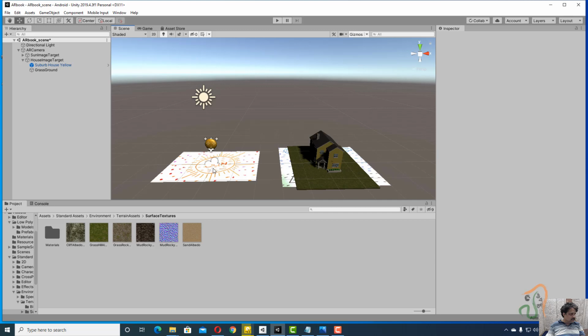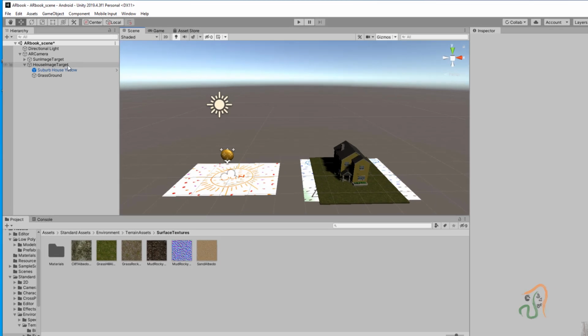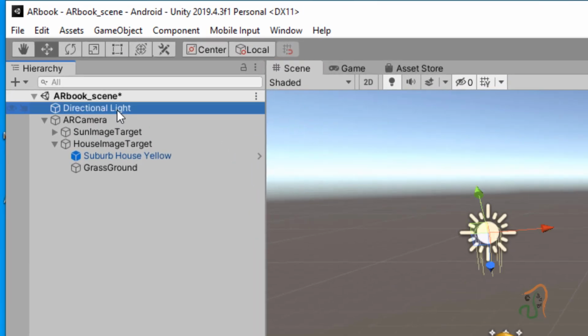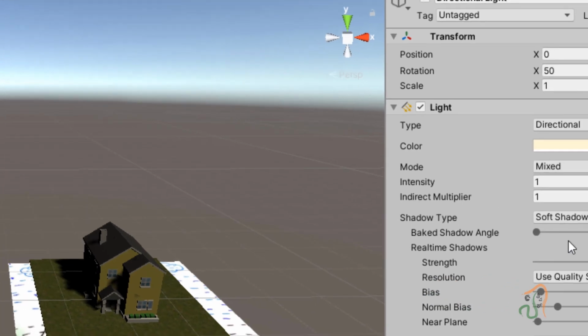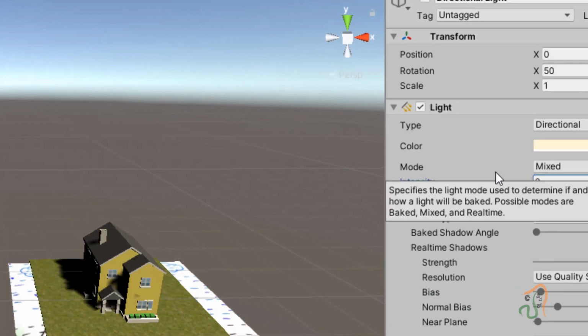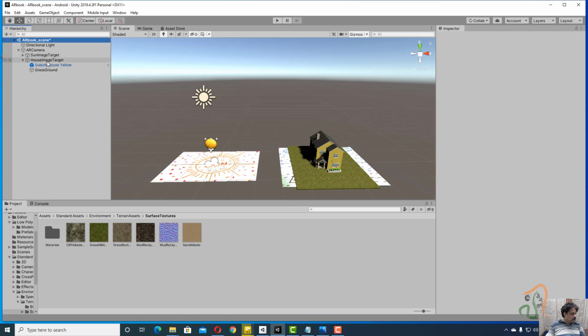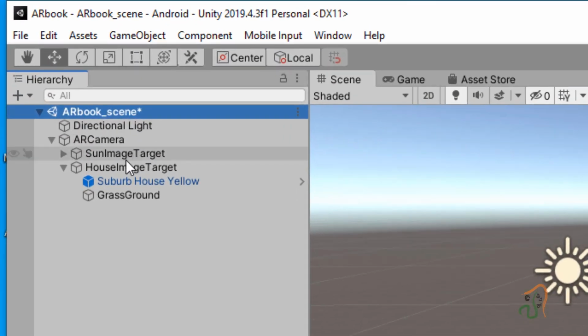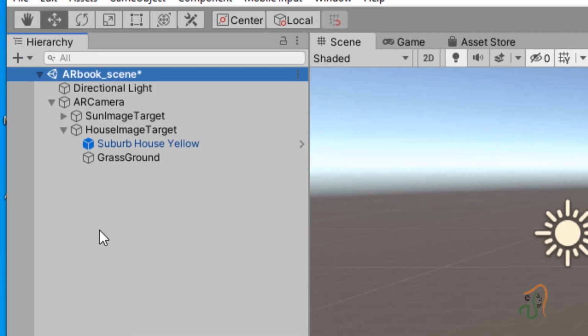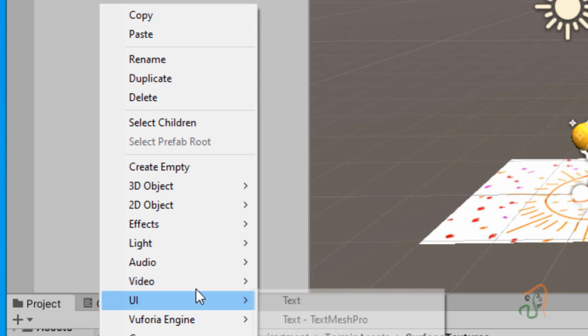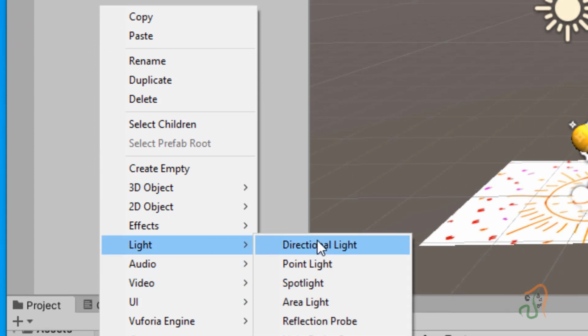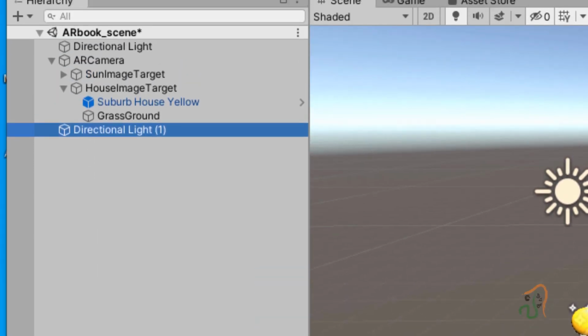but the only thing is we want the lighting to be still better. So for this, what shall we do is come back to the direction light. Okay, and in the direction light, let us increase its intensity to 2. So we made the intensity 2, and then just like in the last class, what we shall do is come back to this AR scene here. Right click in this empty area, click on light and choose direction light. Now this will affect the sun object also.